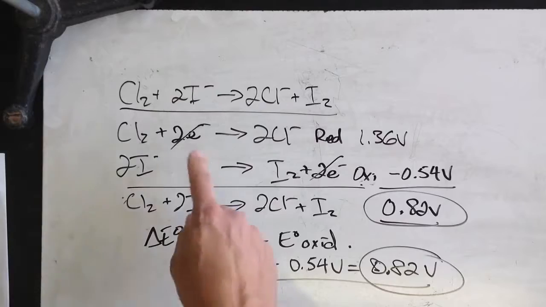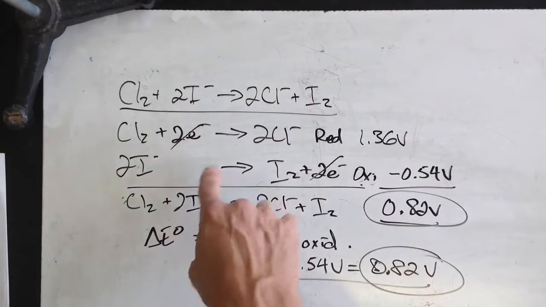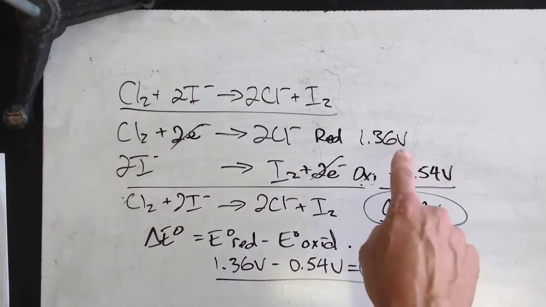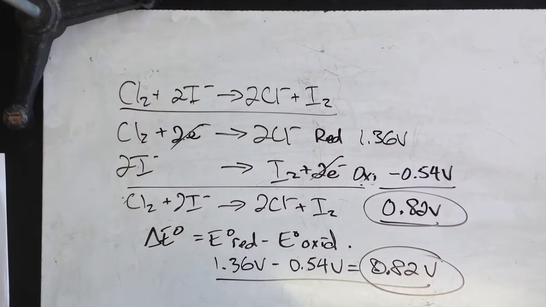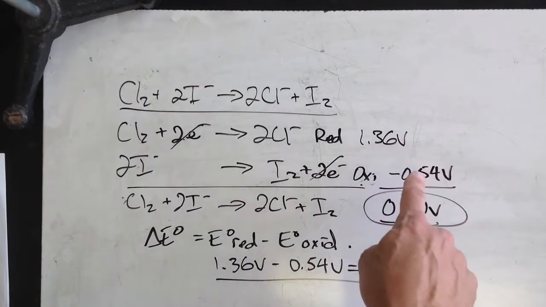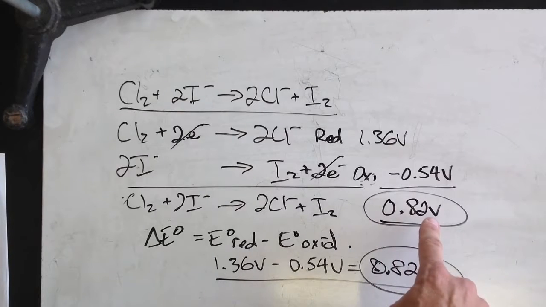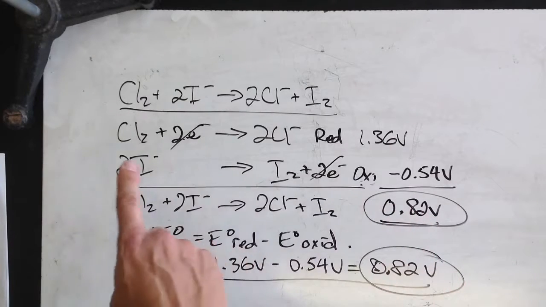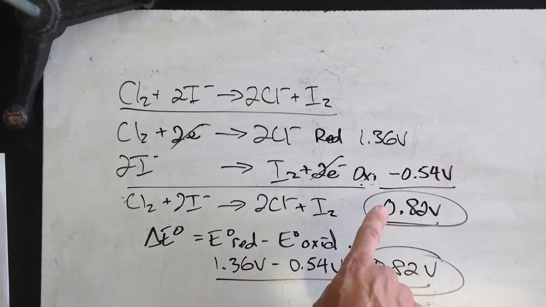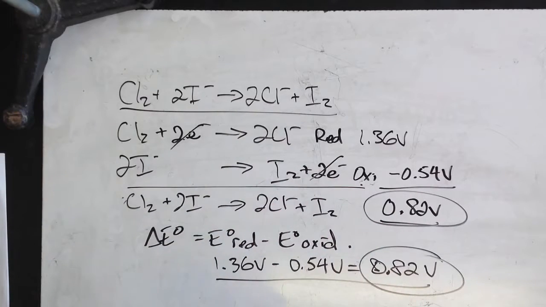But I think I like this way because it's adding the two half reactions, and therefore you're also adding the two potentials to get the overall reaction potential. Also, if it's positive, you know that the reaction is going to proceed as it's written. If this is negative, that means the reaction is not going to be spontaneous and it's not going to go. So that's the first